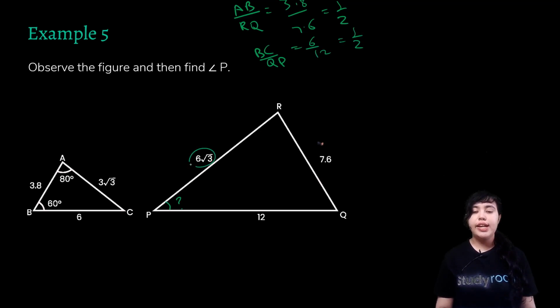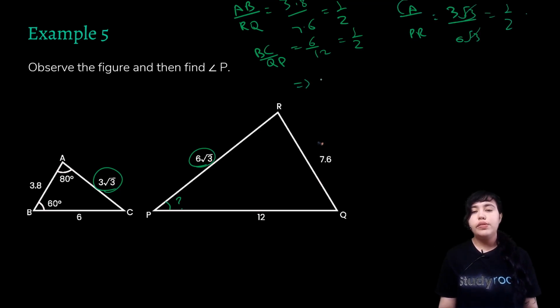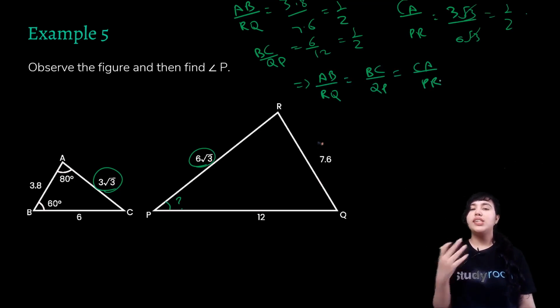We know this side and this side. So if you find CA upon PR, that is 3/√3 upon 6/√3, √3 cancels, this is 1/2. So what we realize here is that AB upon RQ is equal to BC upon QP is equal to CA upon PR. So the corresponding sides are in the same ratio for the two triangles, and by this we can